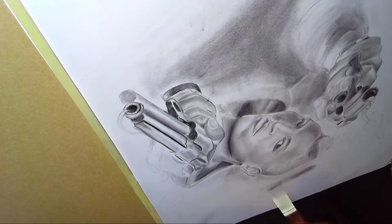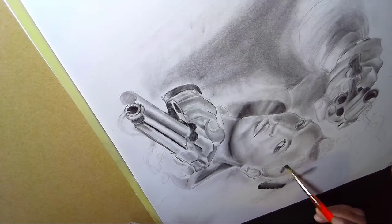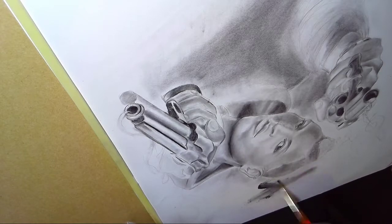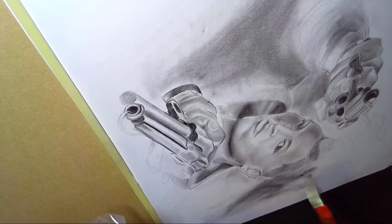Okay, so what I'm going to do is add this charcoal stuff. Oh, I see. That's what I didn't want to do. That's okay. I need to darken it up anyway. And it adds a lot to it, this loose charcoal. I am messier than heck, so...